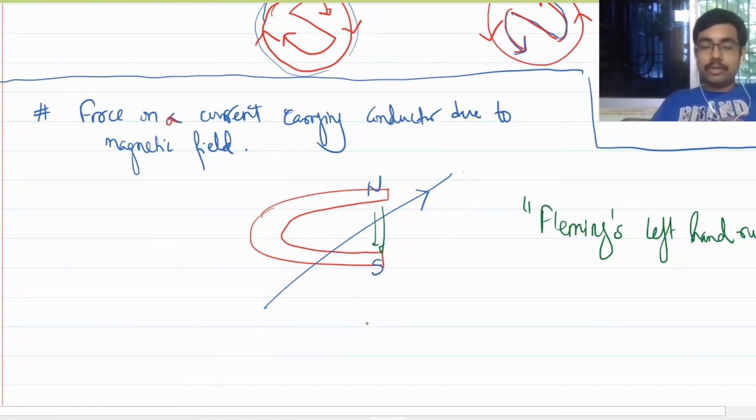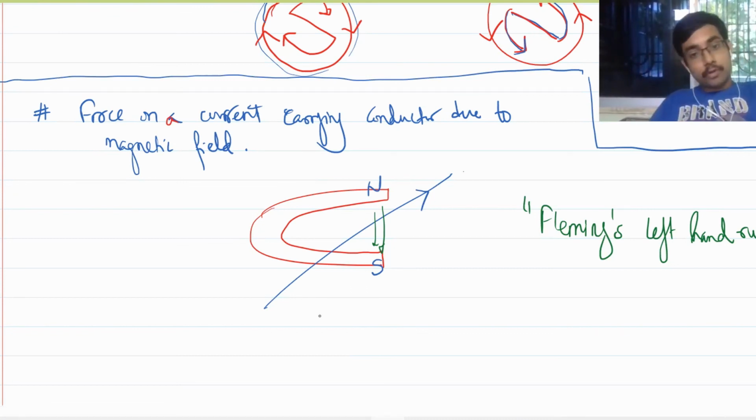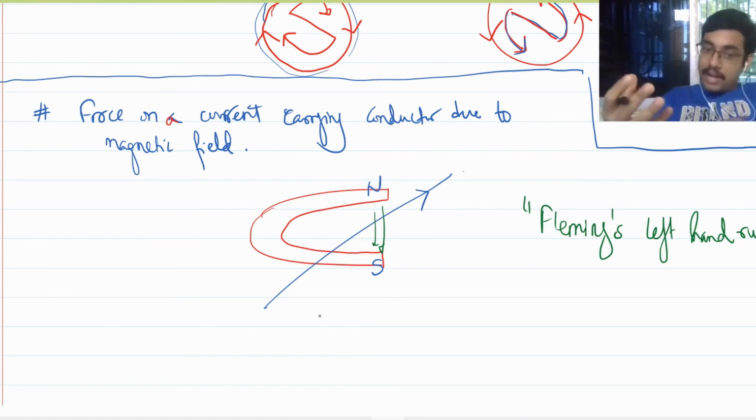Fleming's left hand rule deals with all the three variables, which will give you a fair idea on how the force will act. Or if you know how the magnetic field is placed and how the force is acting, you can tell what the current is. Suppose you know the direction of current and how the force is acting, you can tell the direction of magnetic field like this. Are you getting my point?